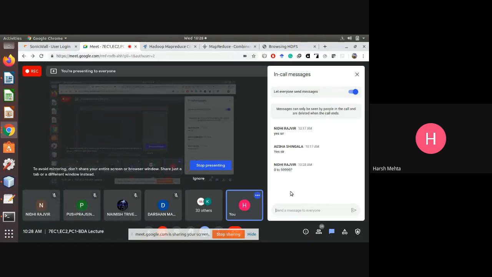Yes, Nidhi, very good. So total how many partitions? 99,999. Very good, Nidhi. 1 lakh. You see, 0 is again considered a partition, so it starts with 0. That's why a total of 1 lakh partitions can be created. That is the limit of the reducer. The reducer can create up to 1 lakh partitions.